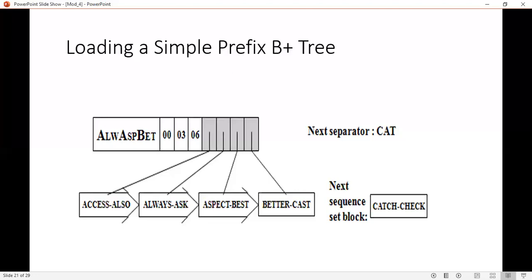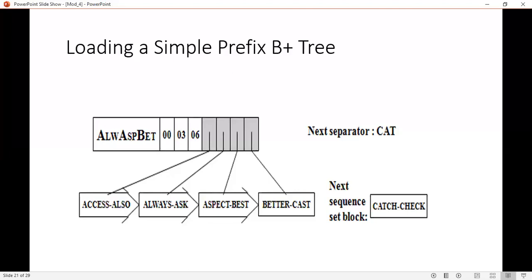We cannot place the separator cat into another index block at the same level as the one containing the separators ALW, ASP, BET, because we cannot have two blocks at the same level without having a parent block. So you cannot place this separator cat into this block given in this figure. So you have to construct one more block.